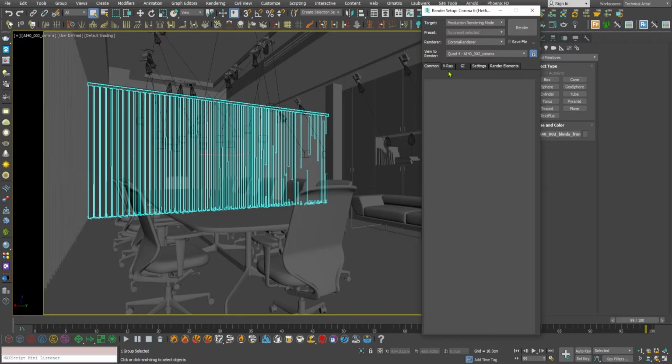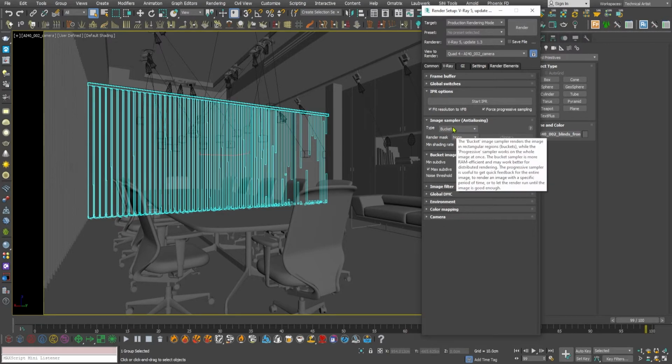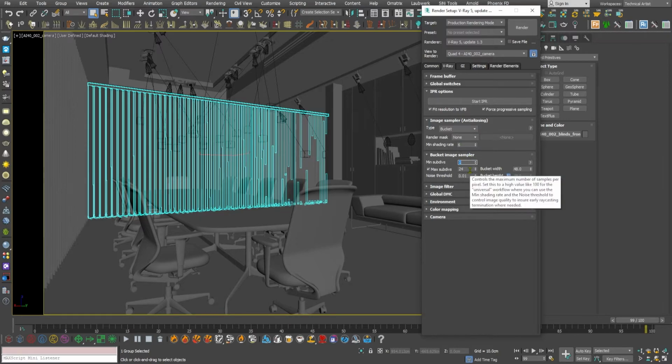Because the settings of the various scene has been outdated so much, and we will be using this bucket sampler because this is best for network rendering, batch rendering, and anything else. The progressive sampler is, in my opinion, not as mature as the bucket sampler.